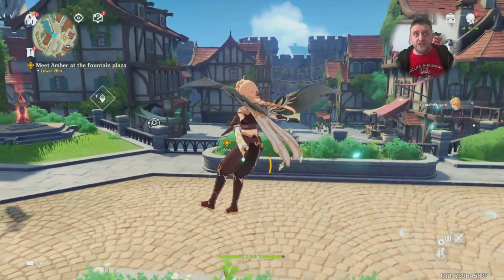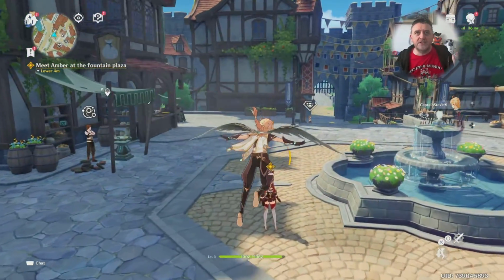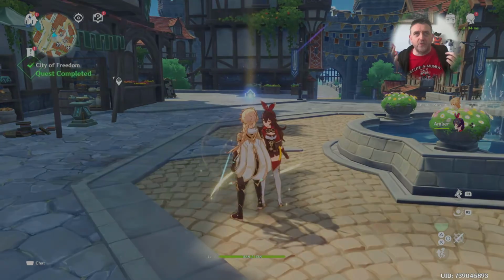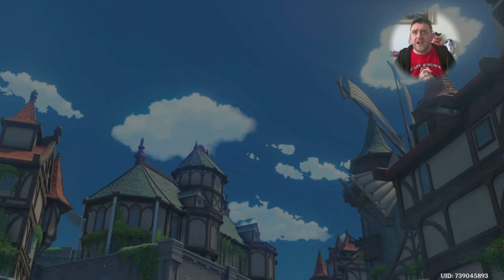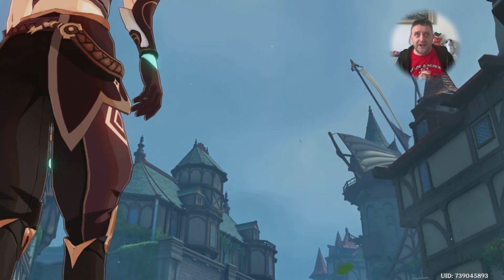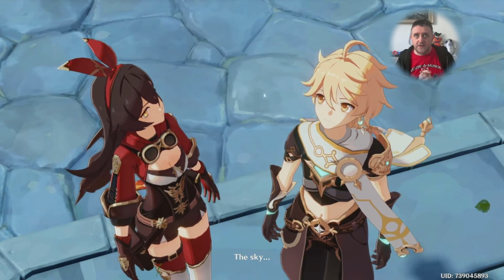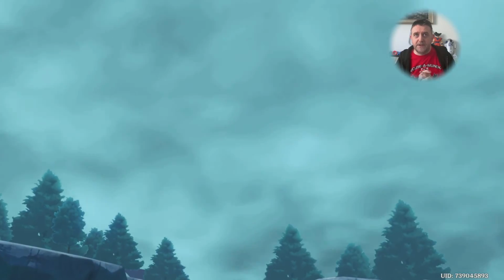Okay, so you've obviously angelized me or something. How's that equipment? I don't think that's equipment. If it is, it's magical equipment, and I love it. Thank you very much. Another little cutscene. What's going on here? All the clouds have disappeared. This feels ominous. The sky. Yeah, the sky is a little bit...